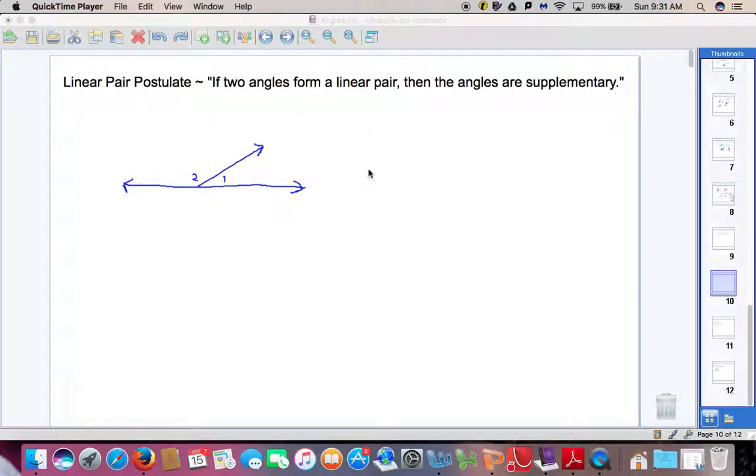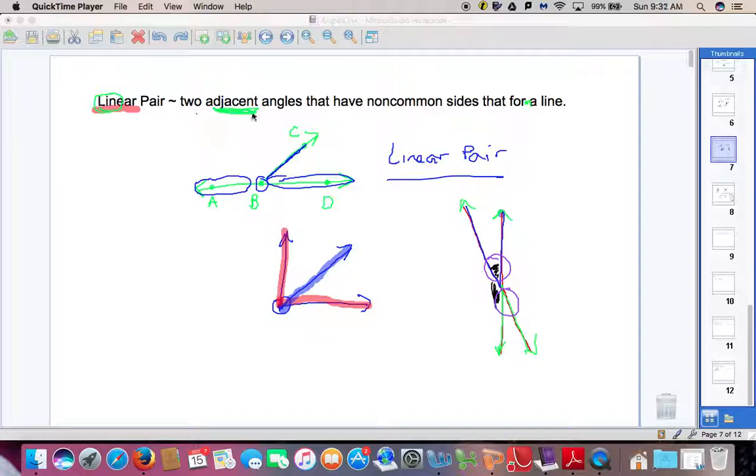Okay, so the first one is the linear pair postulate, and it states that if two angles form a linear pair, then the angles are supplementary. Okay, well, we know that a line means 180 degrees. If we recall what a linear pair means, right? A linear pair means there are two adjacent angles that have non-common sides that form a line. Okay, and then if we go back to what supplementary angles mean